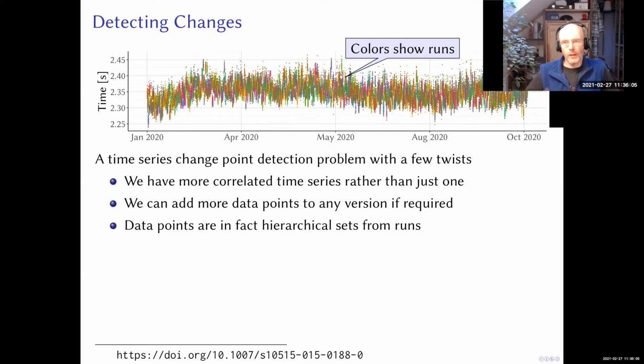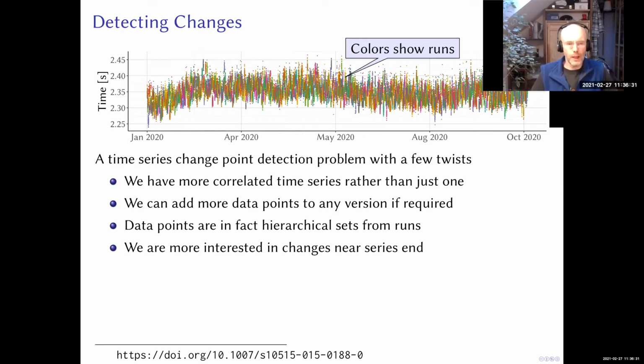So we have sets of data points from individual runs. What's a bit more troublesome is we are really more interested in changes near the end of the series, right? Nobody worries about regressions that appeared a year ago, so we really need to react quickly to any changes that are near the end of the data set, and that is in fact a different problem than just analyzing the